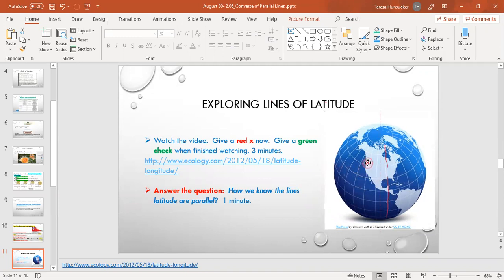Our latitude lines, let me highlight them. Get my drawing tool here. I want to draw. So our latitude lines are called parallels. They're barely showing up. Let me change my color. What's your favorite color? Let's see. They're not really showing up. But our latitude lines are parallel, and the video goes into